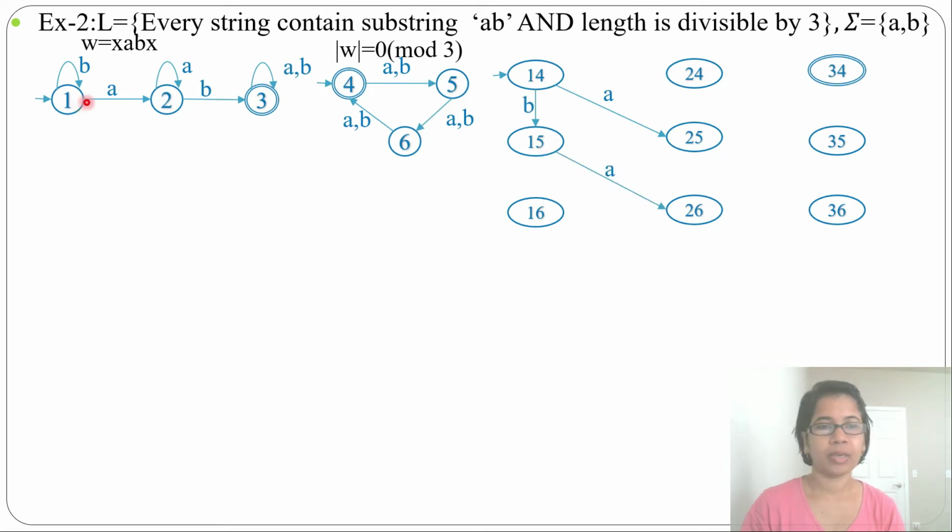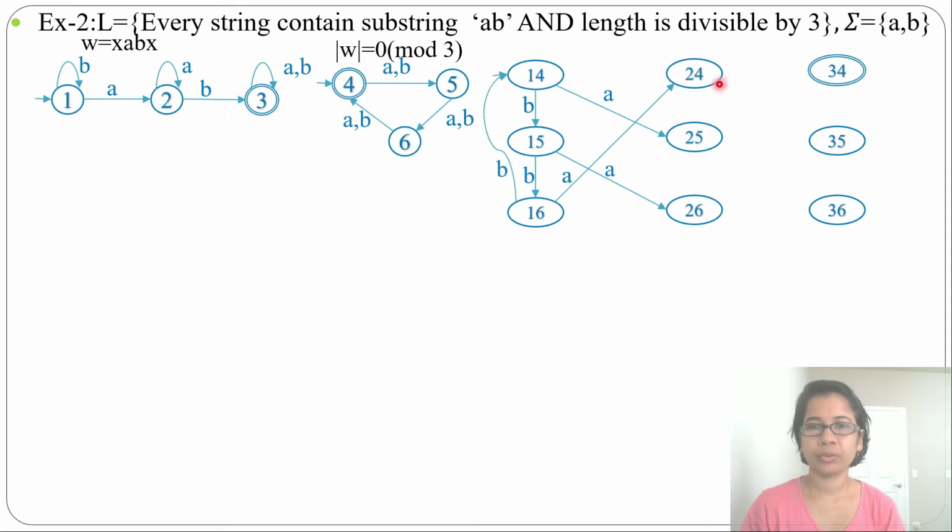From 1 by B it goes to 1, 5 by B it goes to 6, so from 1 5 by B it goes to 1 6. Now for 1 6: from 1 by A go to 2, from 6 by A go to 4, so from 1 6 by A it goes to 2 4. And by B, 1 has a self loop, and from 6 by B it goes to 4, so it will go to 1 4.